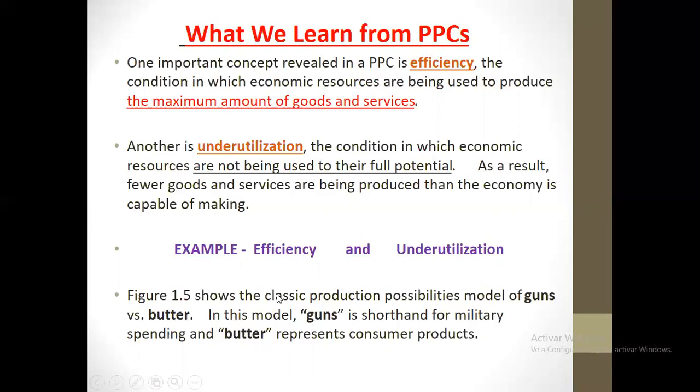Okay, the condition shows the classic production possibility model of guns and butters. Guns son armas o pistolas y butter es mantequilla. In this model, guns is shorthand for military spending. Guns significa los gastos militares. Esto es un término que utilizan los economistas cuando tienen ese conflicto, si van a producir, si van a utilizar el budget, if they're going to use the budget for military things, or they're going to use it to help the